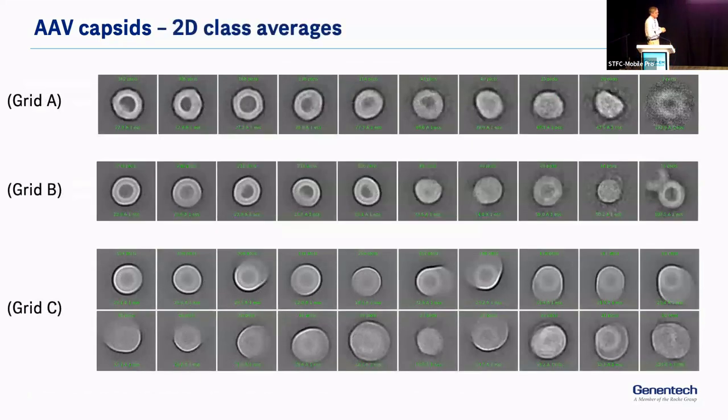So here are some class averages. We can collect data sets from these, 3 different experiments. At the top, for reasons we don't quite understand, this was more dehydrated. The capsids were depleted of their buffer. At the bottom, they were more full. This is interesting because here you have a good example of a full capsid, as in full of buffer, surrounded by a slightly larger than itself droplet. And then the edge of the droplet is what gives a lot of contrast, and you get these ringing artifacts